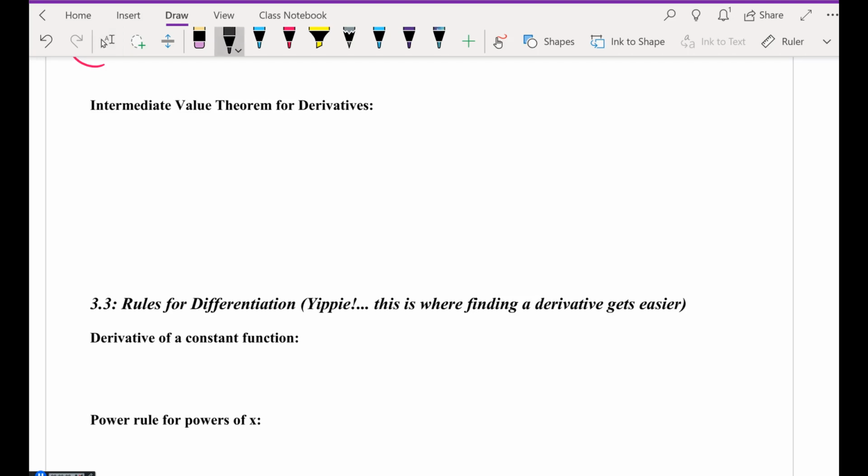Intermediate value theorem for derivatives. Here we go. If I give you two values, A and B, if A and B are any two points on an interval